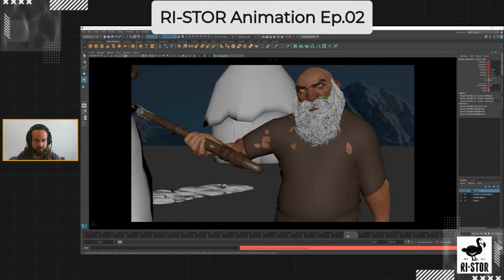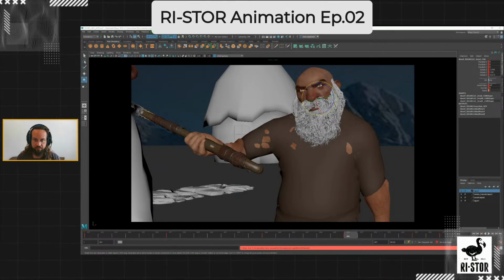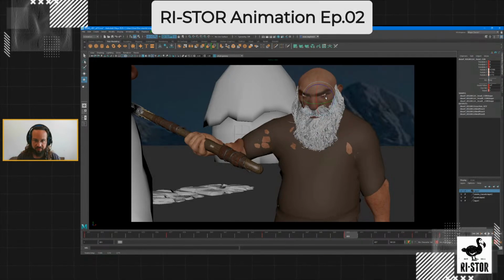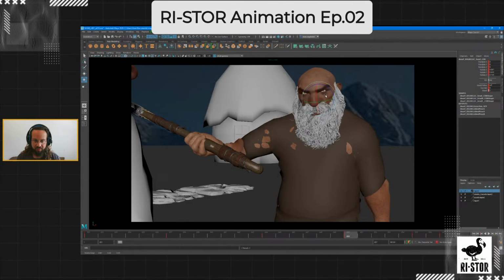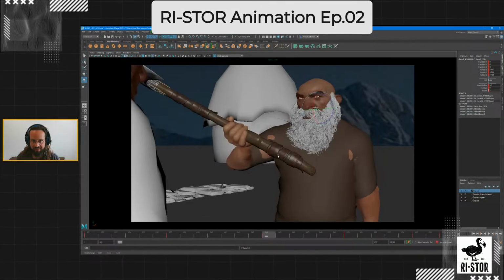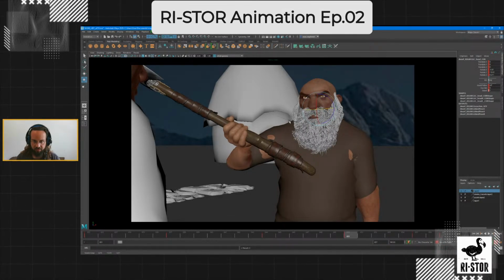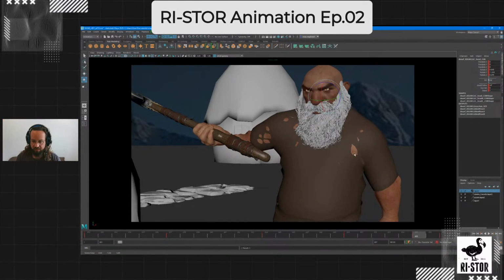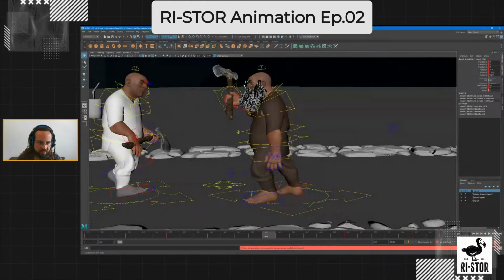But it's one of those things where you just kind of gotta feel it out. I want his head to sort of be down and sort of menacing at this point. So this is a good example of me fixing that issue with his eyes. So here, I'm actually going to fix that with his eyes. I want to keep his head more down like that. So what I'm going to do at that point then is I'm going to jump back in, grab his eye line,